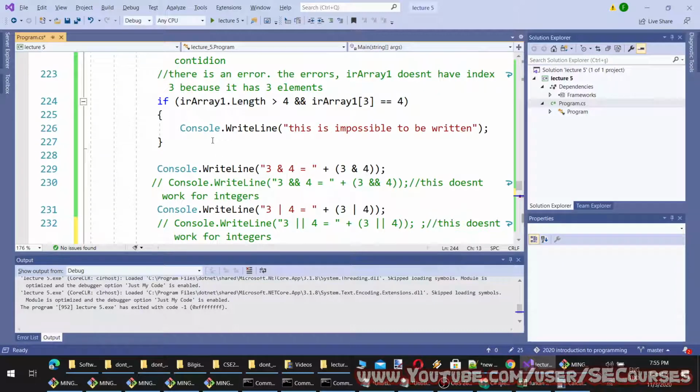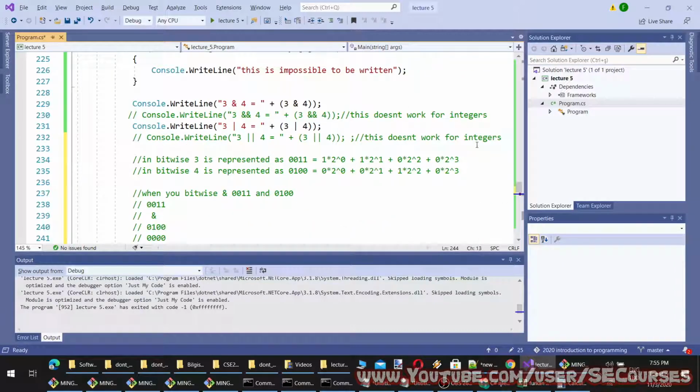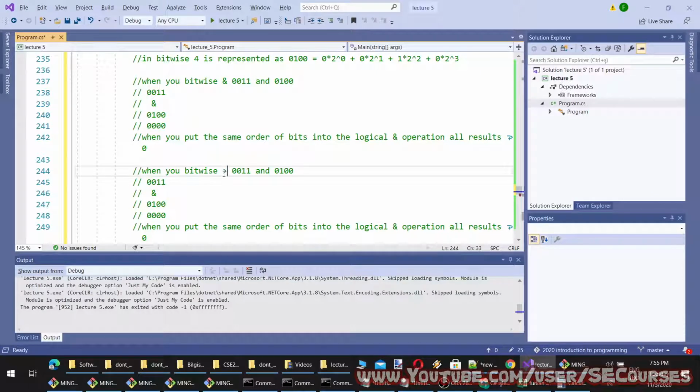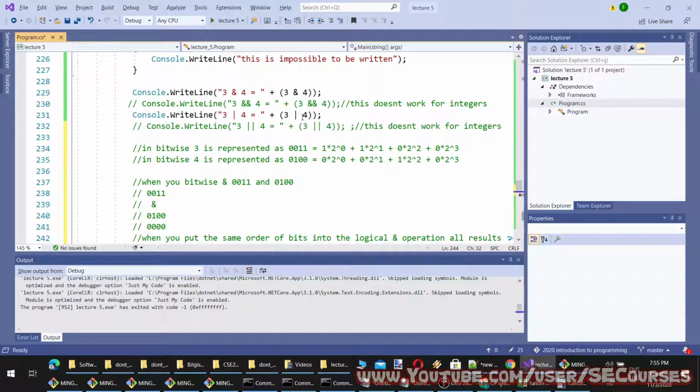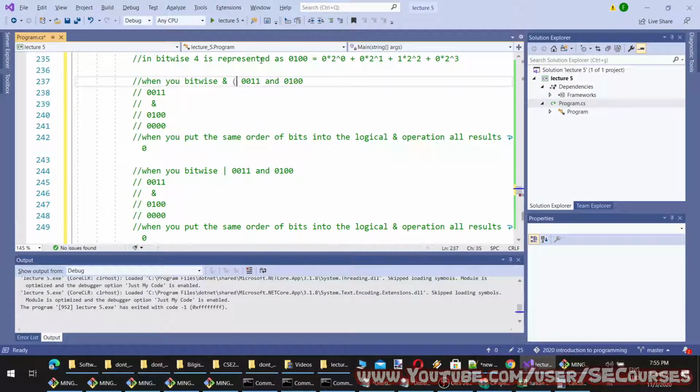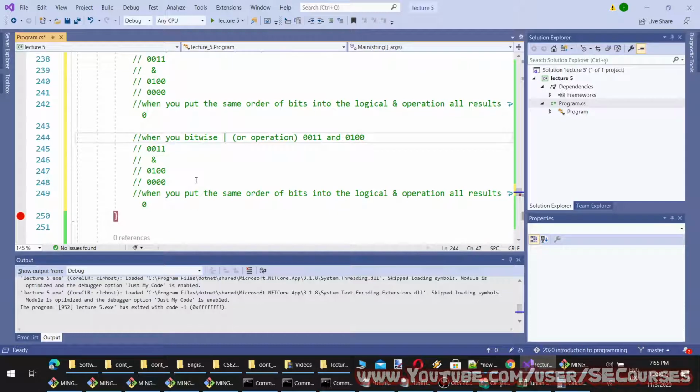However, when we do this for the OR operation, let's type it. The way we calculate them changes. When you OR 1 and 0, it is 1.